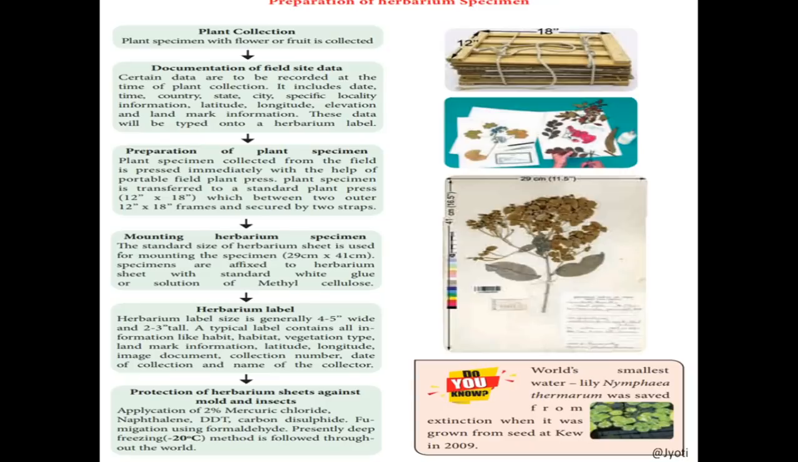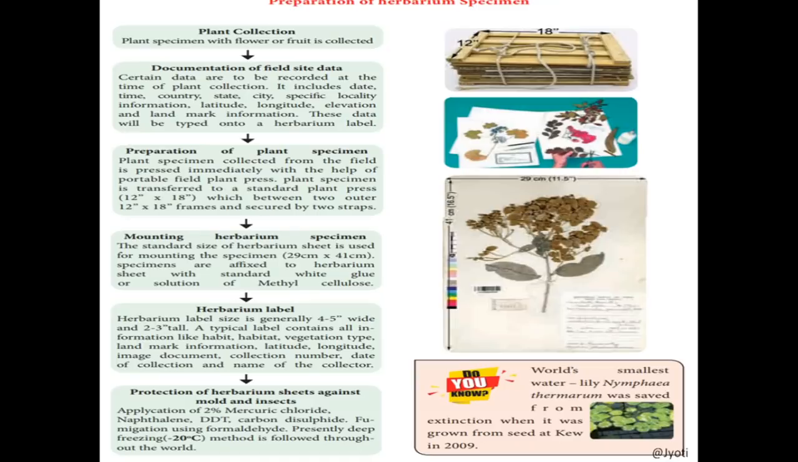Okay, so after that, preparation of plant specimen. Now we have collected the plant. If it is a small plant, then the whole plant can be collected, and if it is a big plant, then we can collect its different parts separately. Okay, so now the plant specimen which is collected from the field is pressed immediately with the help of a